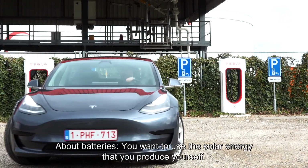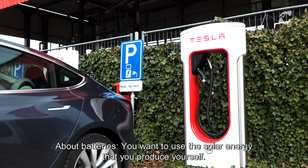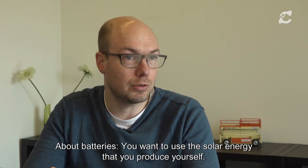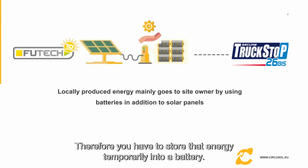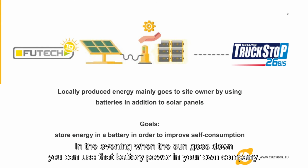The key thing of using batteries is you want to use as much energy that you produce with your solar modules yourself. But to do this, you have to store that energy temporarily in a battery. And in the evening, for example, when the sun goes down, you can use that battery power in your own